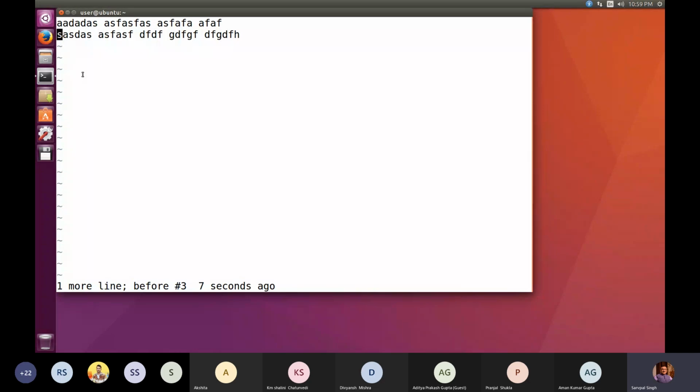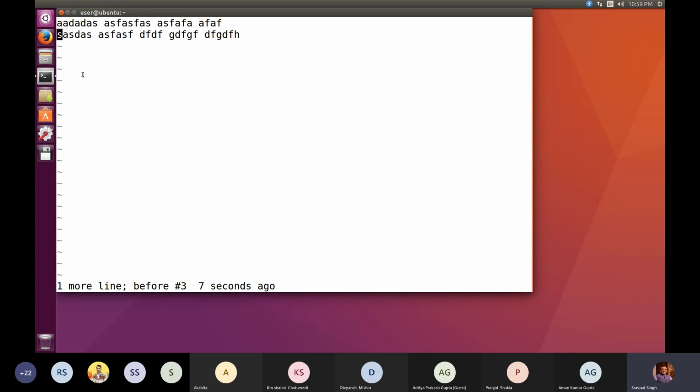insert mode. ठीक है, आपको टाइपिंग मोड में आना पड़ेगा. And in order to come to typing mode, you have to press I. When you press small I, what will happen? It brings you to the insertion mode and now you can start typing. ठीक है. So basically wherever your cursor is, I will allow you to insert at that position. Now you can continue with the insertion as I type this AADADAS, and then I move to the next line after typing this line, and I type the next line.